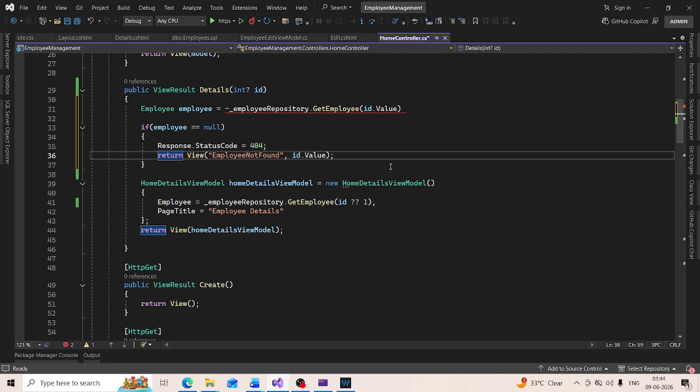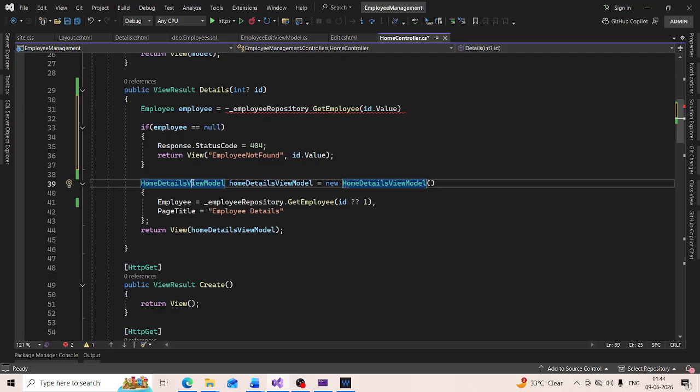Let's also pass the provided ID value to our custom error view, so we could display it in the message to the user. If employee is not null, the execution comes to this line